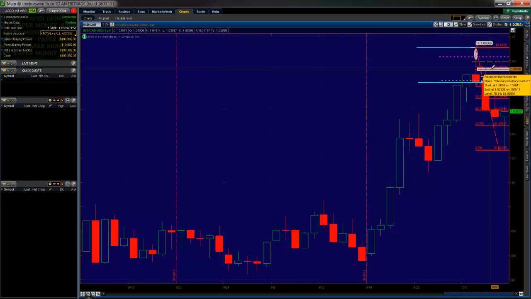So just off of knowing S1 and R1, you can know that if you've come within 1 pip of S1 or 1 pip of R1 and prices start to reverse, you've already got a 56 or 58% chance of that being the high or the low for the day. So if you're only a little bit down from there, you can go ahead and take a short, if you're only a little bit down from R1 as an example. So that's one probability where you have a 6 to 8% edge: 56 to 58% to know that price will react around that level, and that will establish the low or the